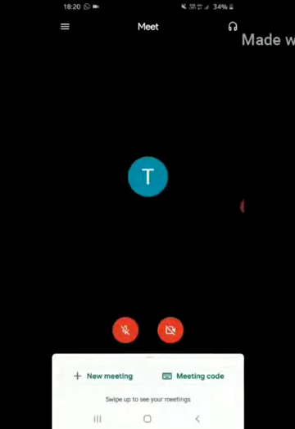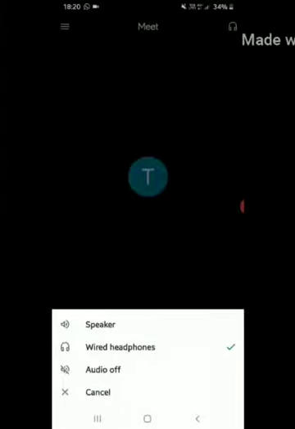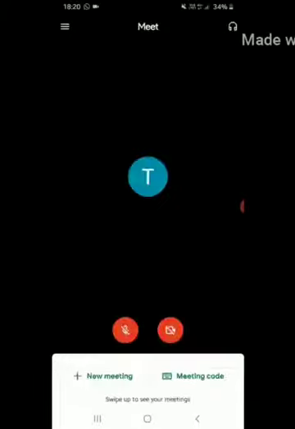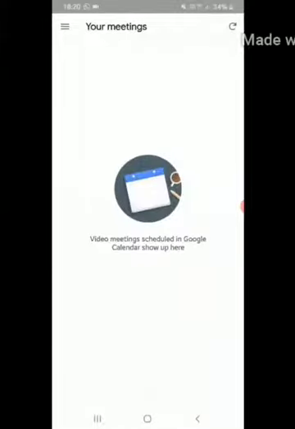Tap on it, and it shows whether the meeting will work on speaker or headphone, then audio off and cancel options. Now see below: swipe to see your meeting schedule. If you have scheduled a meeting, it will show here. For this, you have to set the meeting schedule in Google Calendar.